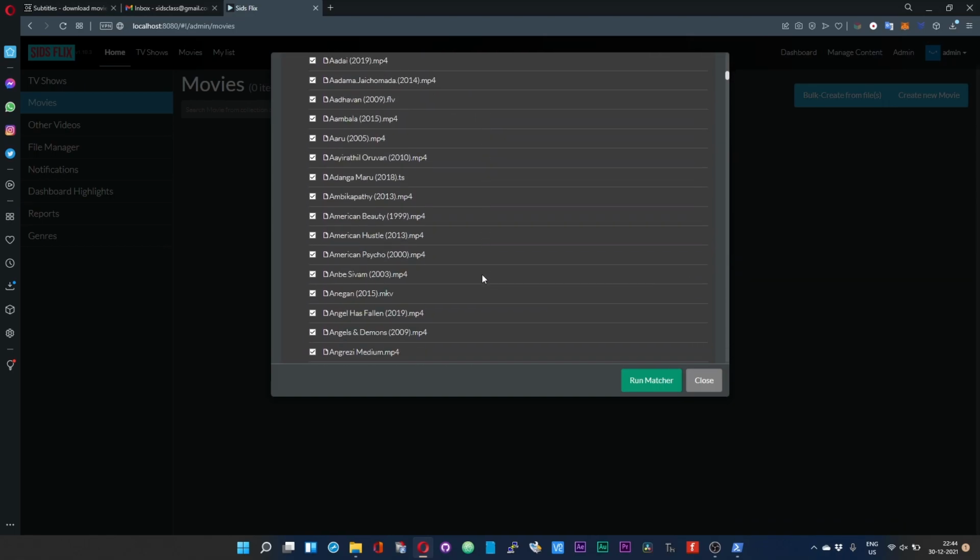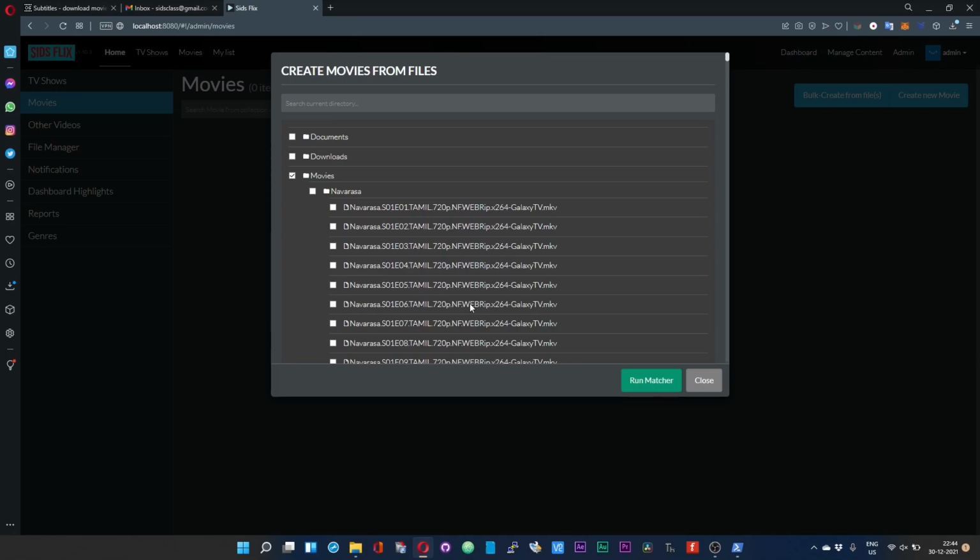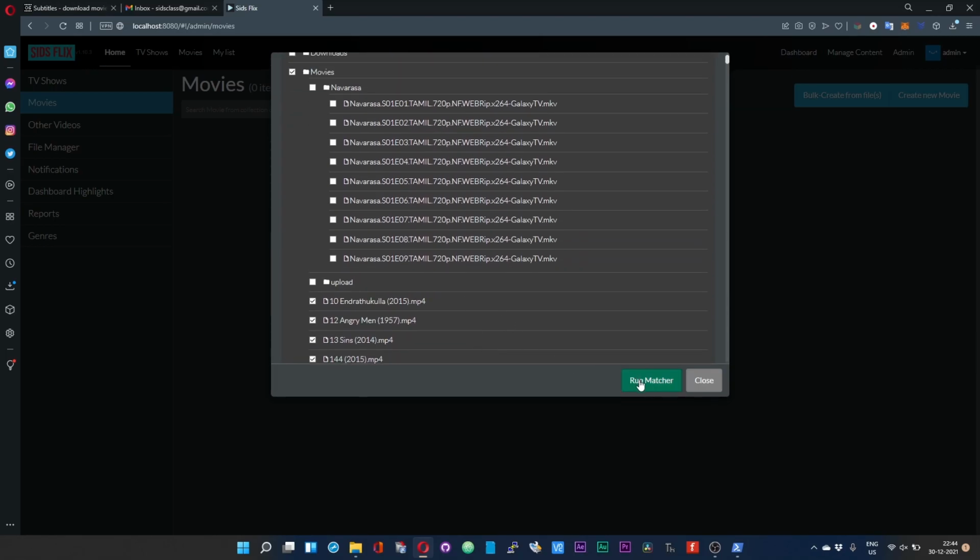Okay. Once you have got all the desired movies selected, click on run matcher. Depending upon the number of movies, this will take some time.